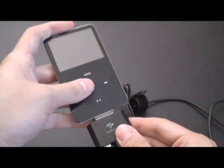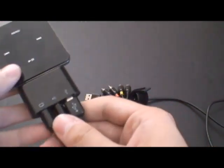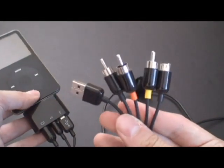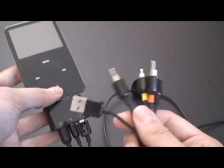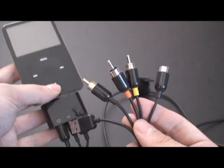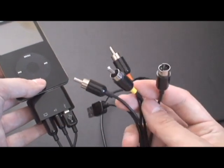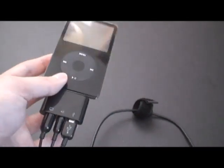You plug an iPod into the bottom, and once the iPod's plugged in, you have access to video, audio, and also USB. So with this one cable and these connectors here at the other end of it, you're able to connect an iPod to a computer or a power source, any sort of standard audio thing with the audio cables, video, either composite video or S-video here with the two cables that have been included. They've done a very nice job on making this for the iPod, but they've also claimed that it's going to work